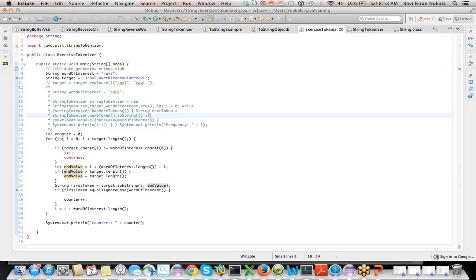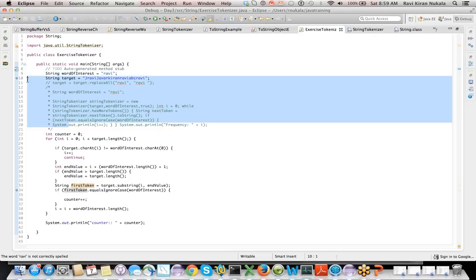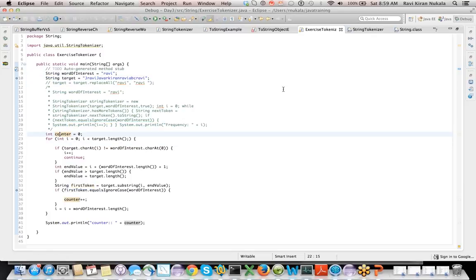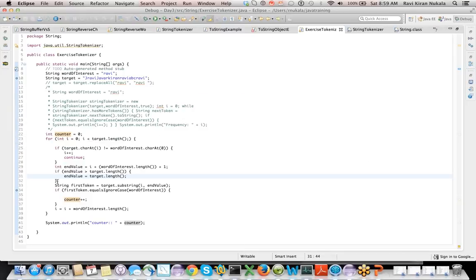So it is still saying 1. Why is it still saying 1? We have to see. I think this solution is far better than this one. You guys get that by now, right? Like the previous solution, string tokenizer one, and this one can be error prone. You have to check a lot of stuff. Instead, string tokenizer can do better for you. Yes. I'll see why it is showing 1, but I'll let you guys know. I'll show it tomorrow, it could be another tweaking, probably some other condition that's actually failing.